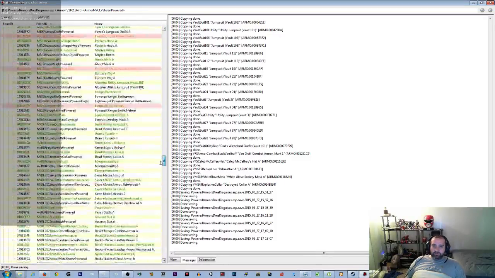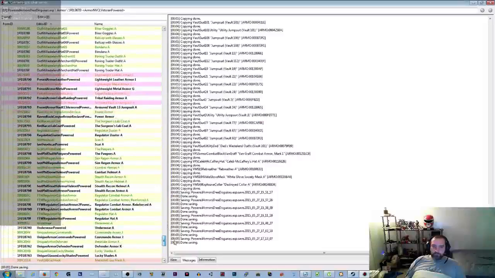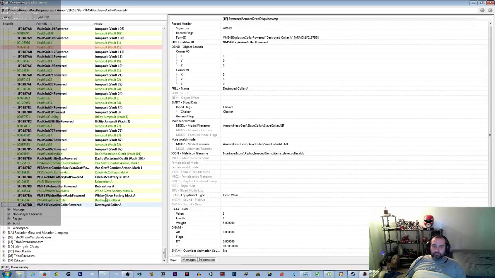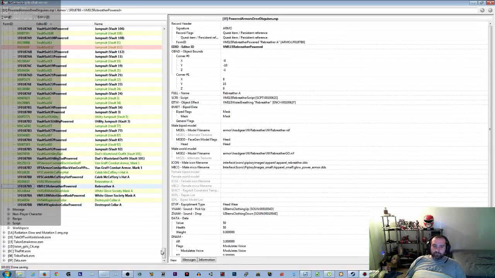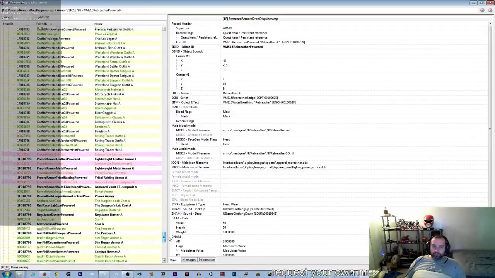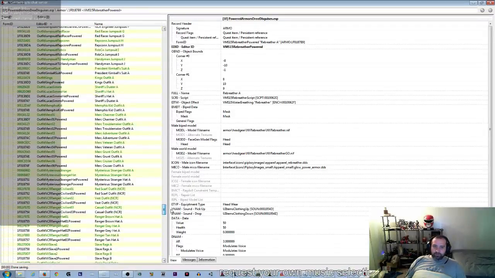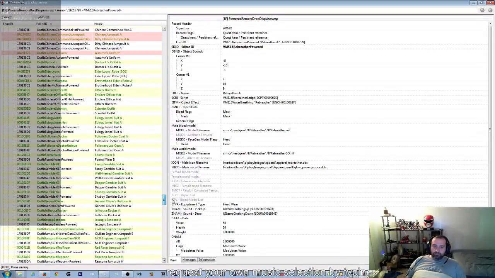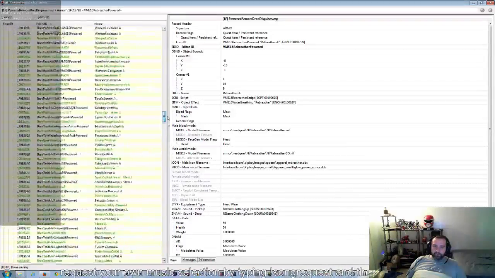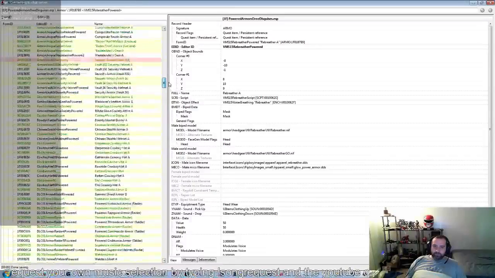So as you can see here, I've gone through and I've got power armor copies done for everything, even the pre-order armors. So everything that's in TTW, Tale of Two Wastelands, I've created a copy to turn into power armor. And if we scroll on up to the top here,